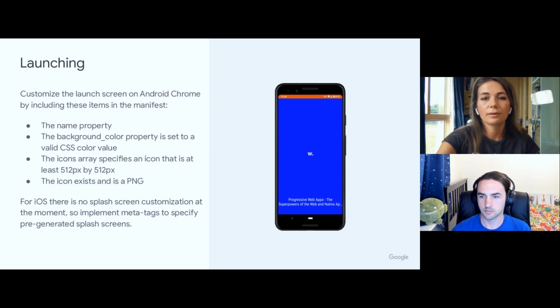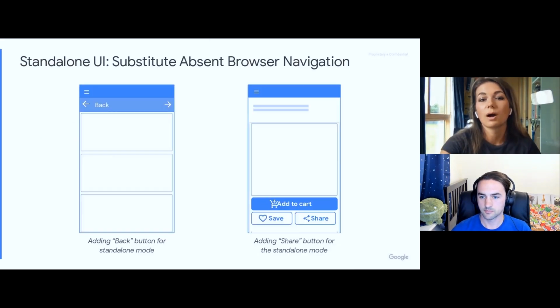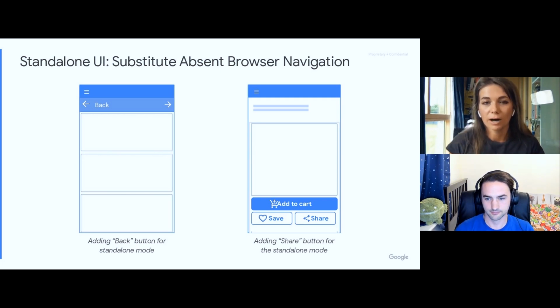And so after that, when the progressive web app has been launched, it's full screen. It's very exciting to have more real estate. We have this additional space that used to be taken by the browser bar on the top, but now we can fully use it. But at the same time, certain browser capabilities are going to be absent, right? For example, on iOS, there is no longer going to be the back and forward buttons.